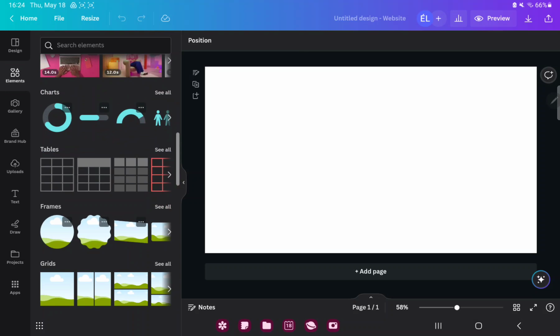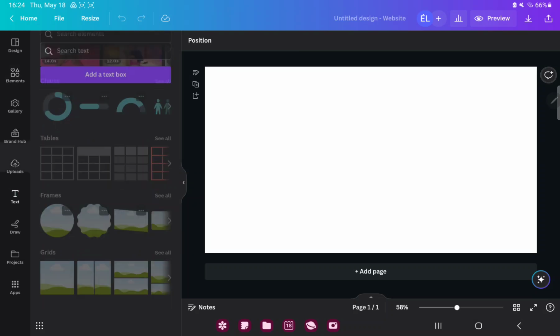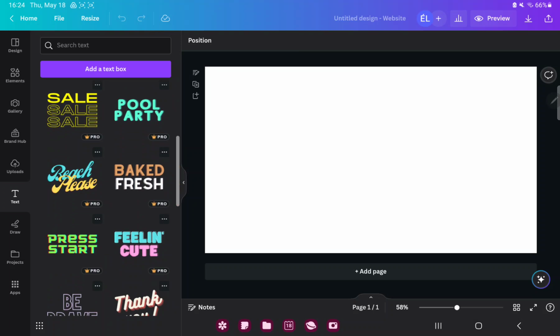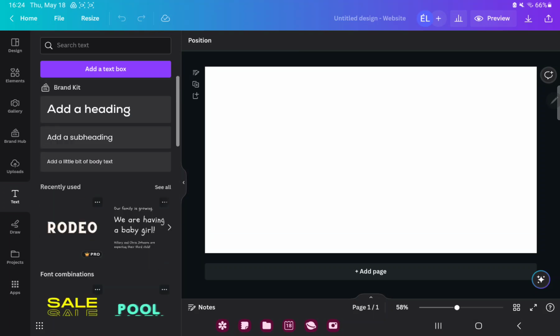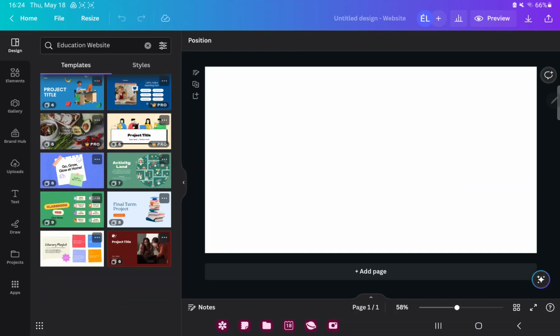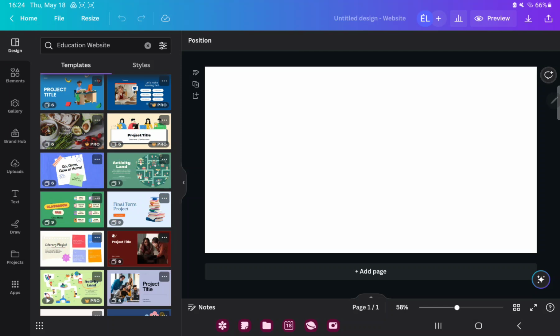If you want to add text to your project, just click the big T letter and you can add text, and you can search different styles. And if you want to draw on your project, just click the draw button and you can select color and more artist tools. If you go to the design section, you can find different styles and templates which were